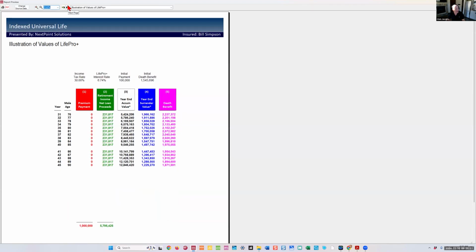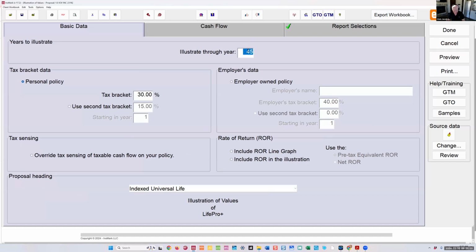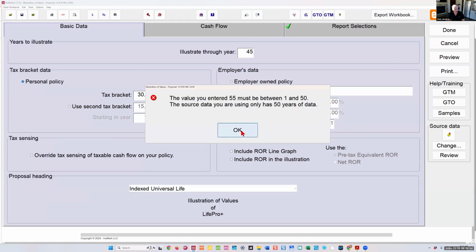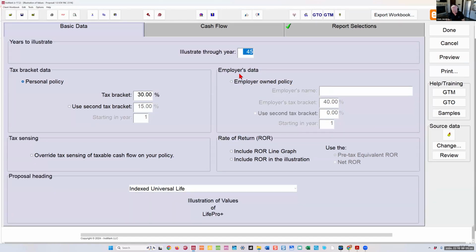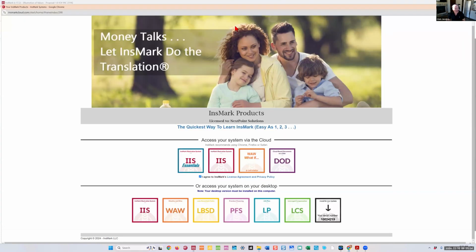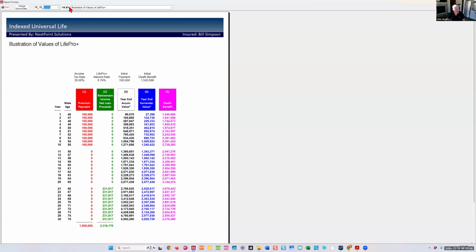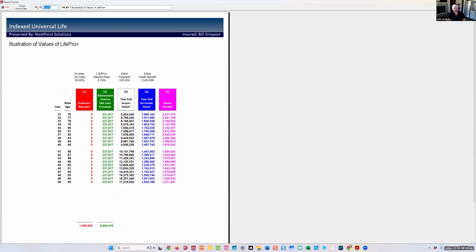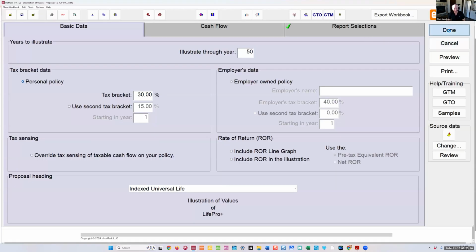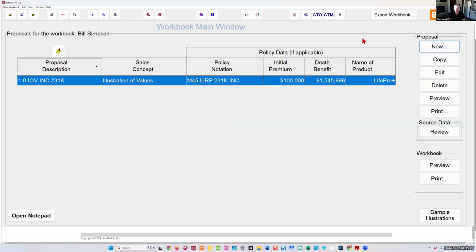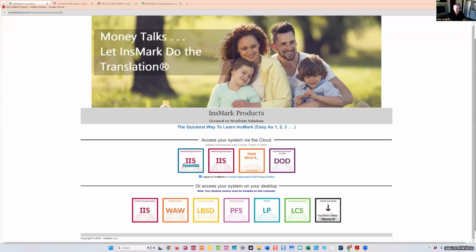Yep, it's all there. If I want to go past 90, just hit 55. In this case, hit 50. That's all the pages that I brought in, and that will take it out to 95. Okay, so I'm done with that, but now I want to go back to RePredict,